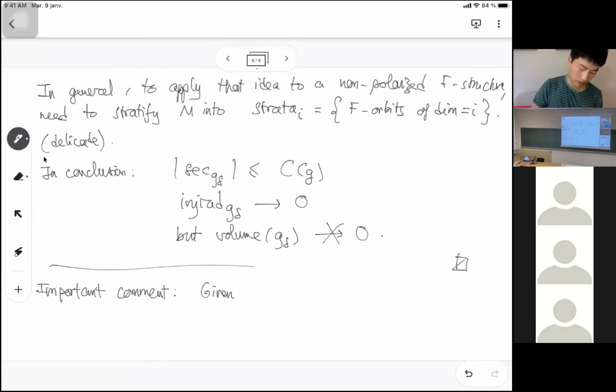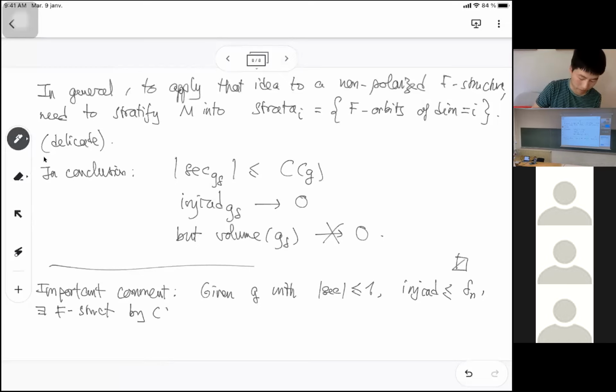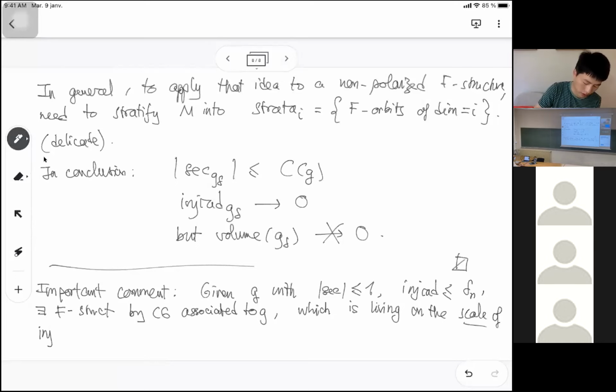So, given a metric with sectional curvature bounded by 1 and very small injectivity radius, as in the theorem of Cheeger-Gromov, you have an F structure that corresponds to G. And this F structure is living somehow on the scale of the injectivity radius of your metric,